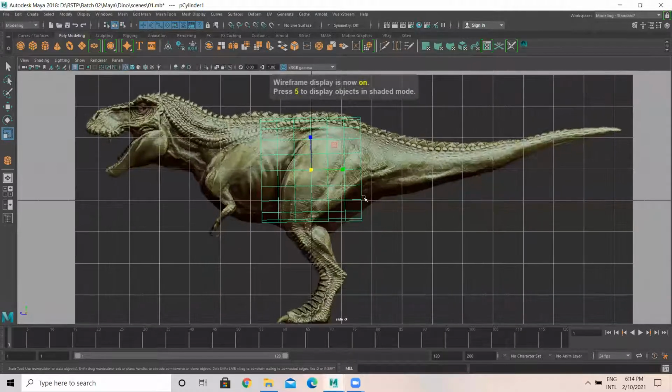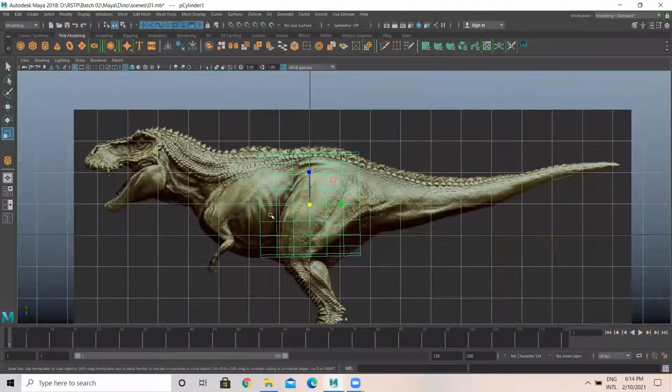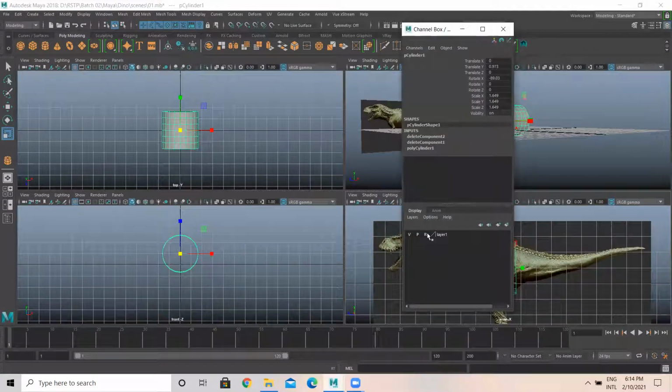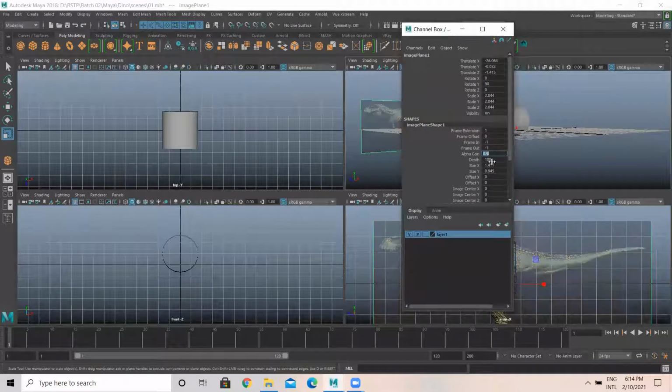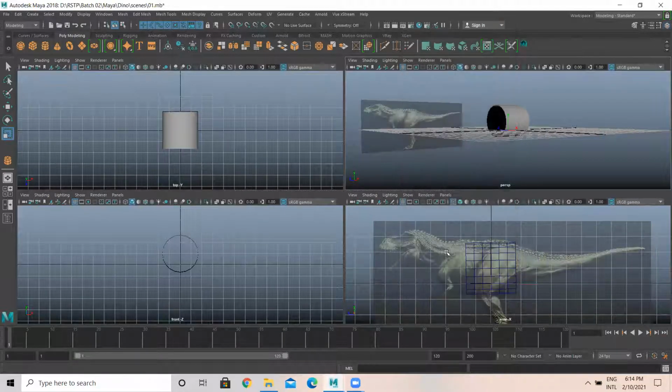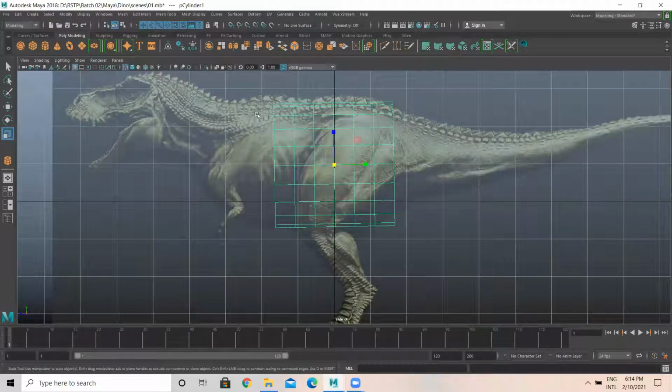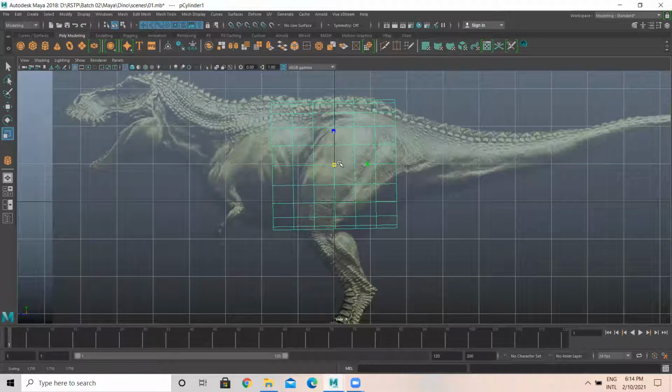You can use wireframe mode to work on it. So I just select this one, alpha gain, I'll make it 0.5 only, or 0.6. The reason I'm reducing alpha gain is because when I select this, the priority, the visibility of the model has to be more, not this one. So I just made it like this.